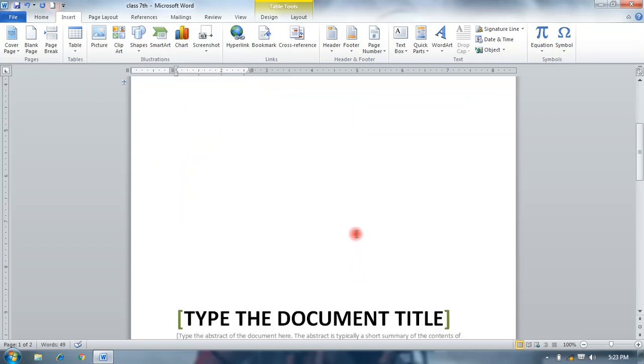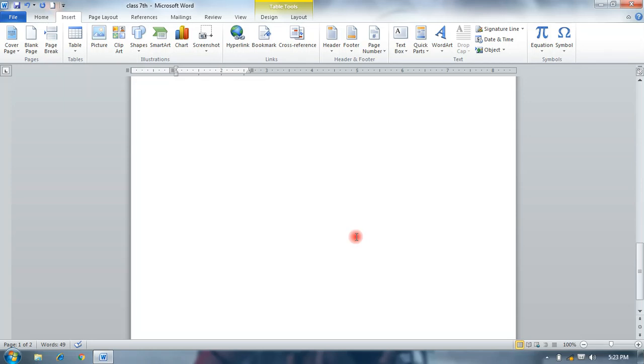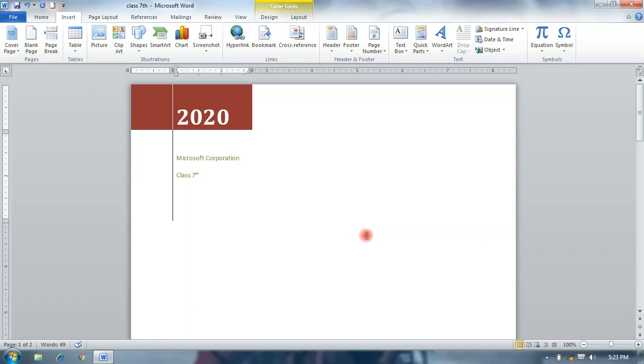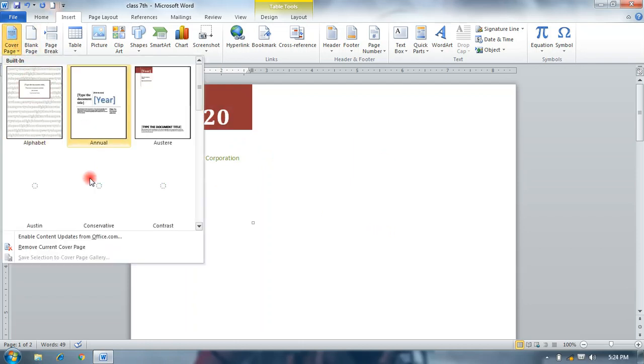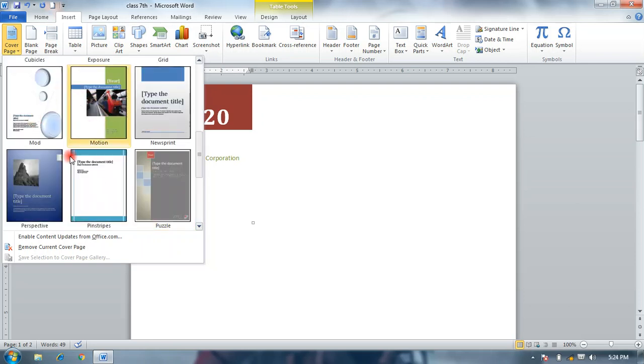And this is used when you prepare any project, so you can decorate your page by using this. And there are different types of cover page, like you can select from here.